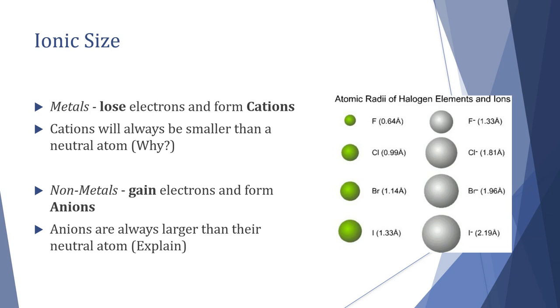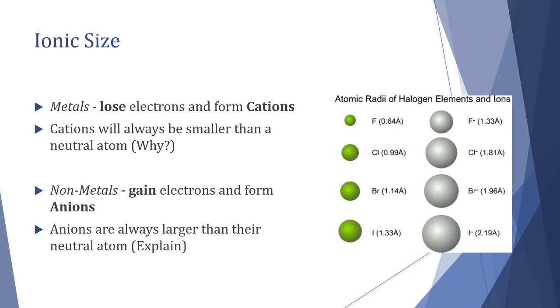Essentially what happens is when we remove the valence electrons, we've removed a shell from the cation, which means that now we have reduced the number of shielding electrons between the outermost remaining electrons and the nucleus. This increases the effective nuclear charge for the electrons that are left, pulling the electron cloud in tight around the